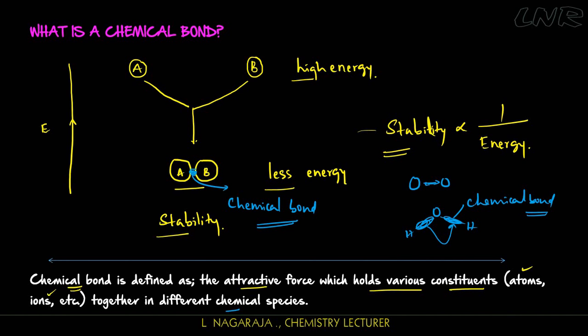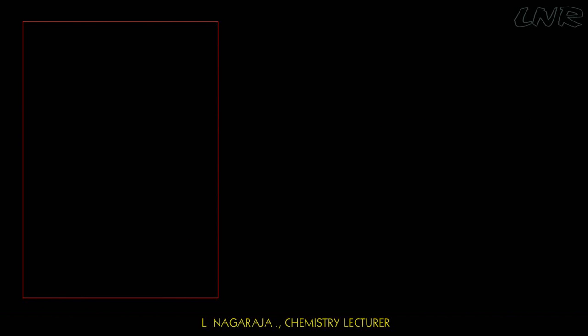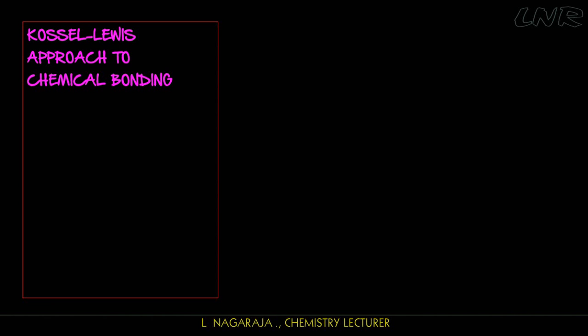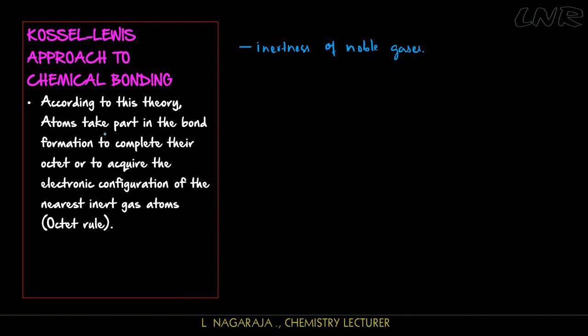So in the year 1916, Kossel and Lewis independently explained the formation of chemical bond. That is to be based on the inertness of noble gases. That is, based on the inertness of the noble gases, Kossel and Lewis independently explained the formation of chemical bond. So according to this theory, atoms take part in the bond formation